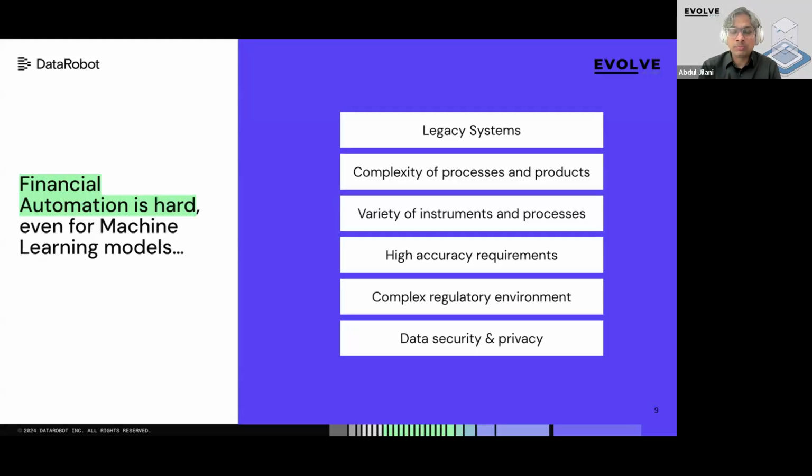Precision of the model is quite important. Even cents of a dollar over time make up millions. Complex regulatory environment. So you have FATCA, IFRS. These are regulations that you need to follow, which also hamper automation, because there is always manual intervention required in these kinds of compliances. Finally, data security and privacy. Data standards like GDPR and portability of data not leaving the country's borders. And because it is financial, it is definitely quite important that you take care of data security and privacy.